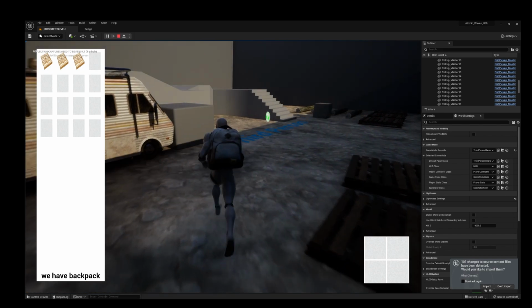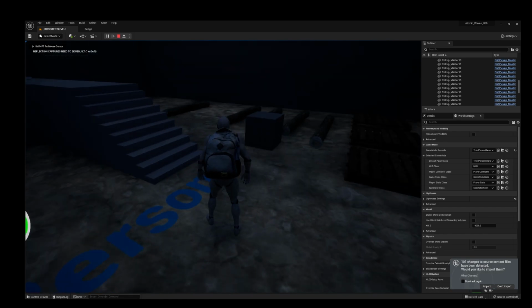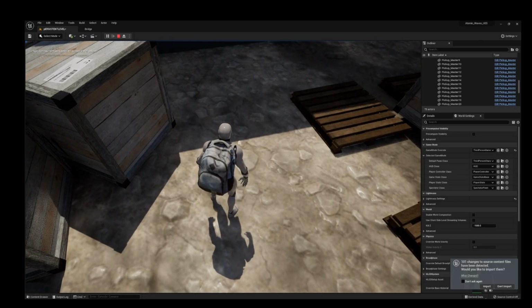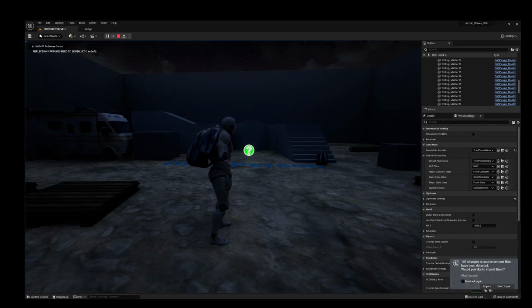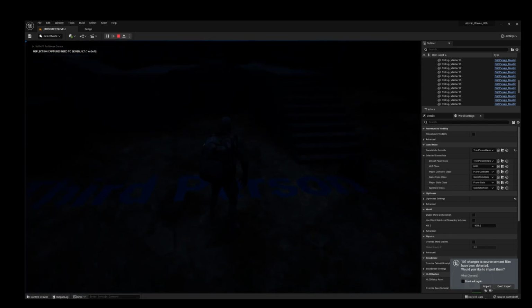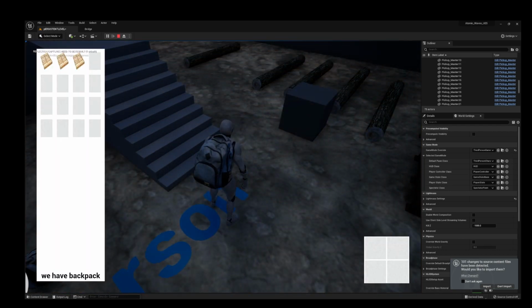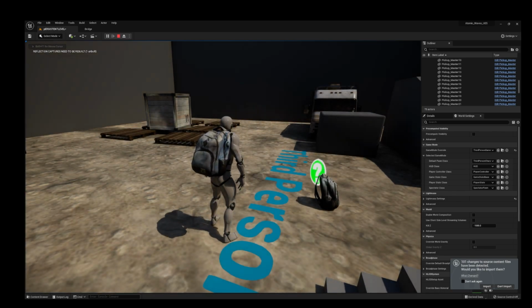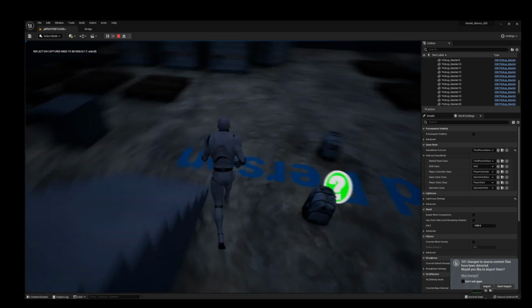Inside of our backpack here, we have these pallets that we just picked up. Let's now press B. The backpack is dropped. And if we go over to this backpack over here, if we go to I, we have nothing. So basically what we've created is unique backpacks. If we drop this again and pick this one up, ta-da! The pallets are still in there, folks. Cool, huh? Let's drop that again. You can just have a lot of fun with this, and this is where you can create some really unique backpacks.